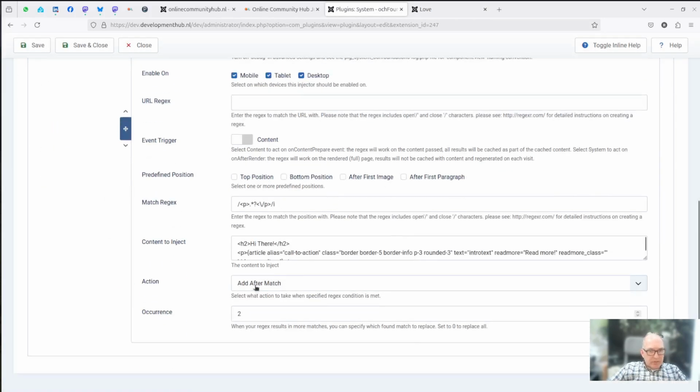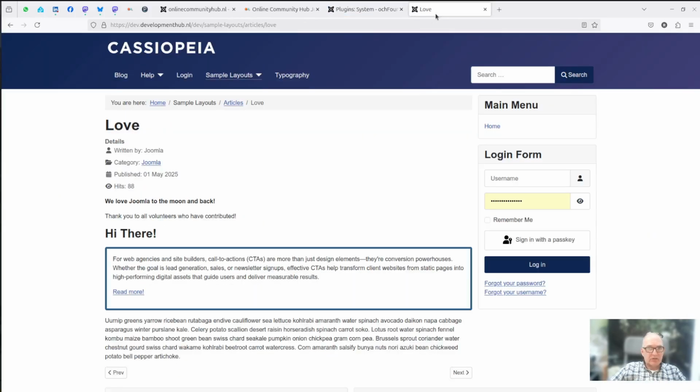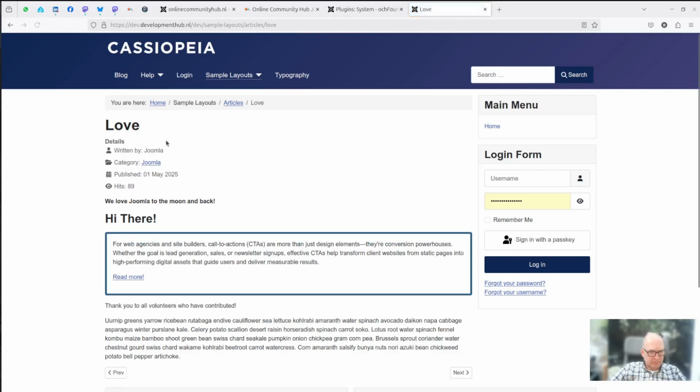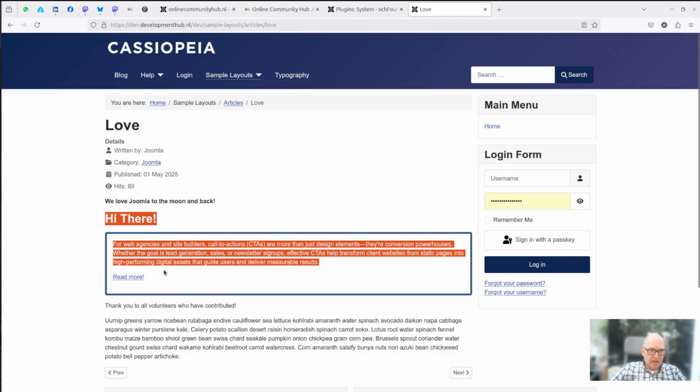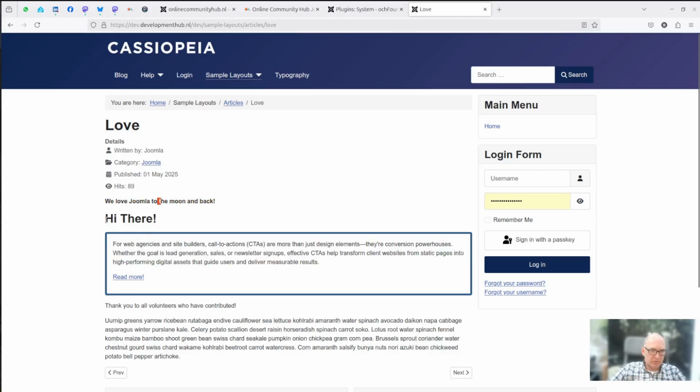You can even have it added before the match. So now it will add it before the second paragraph, which is basically the same as after the first paragraph. So it's basically after the first paragraph, but we instructed it to inject it before the second paragraph.